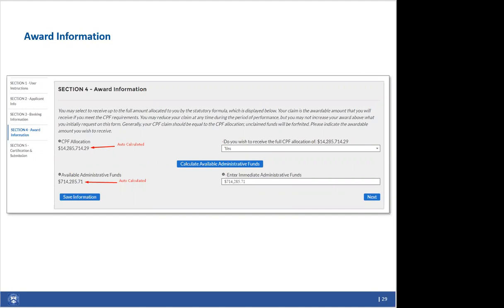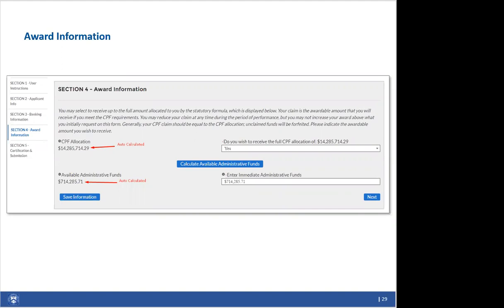And in this page, you can select whether you want to receive the full amount or not. We expect that most of you will say that you want to receive the full amount, but you're allowed to request a lower amount if you wish to. If you want to do that, you say no here, and then you can type in how much CPF allocation you wish to receive. When you click Calculate Available Administrative Funds, it's going to auto-populate that next field down with that lower dollar figure.